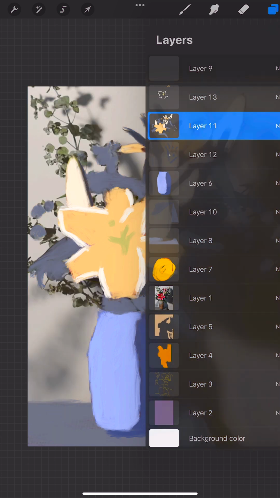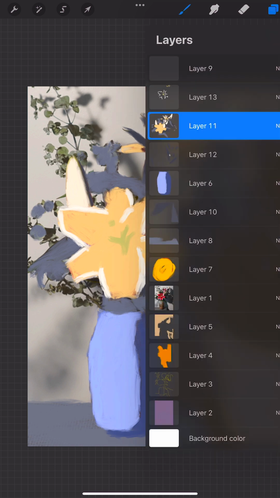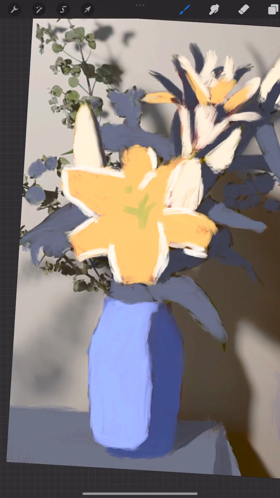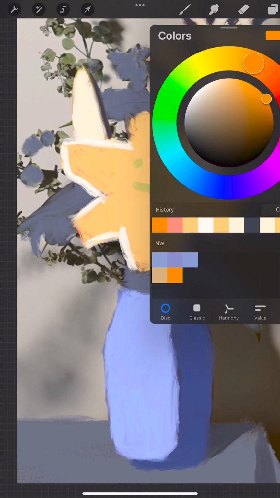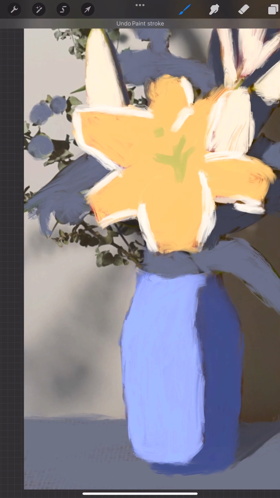So the next thing I actually want to consider is the fact that we have our shadow layer. I'm going to add over the top something that is not quite the shadow. It's a little bit brighter, a little bit more toward the yellow that we use. Add just some slight splotches of color